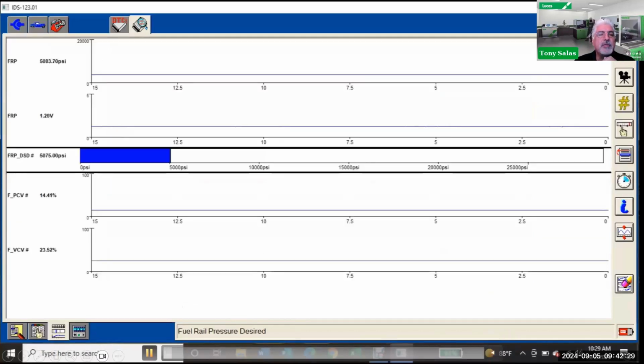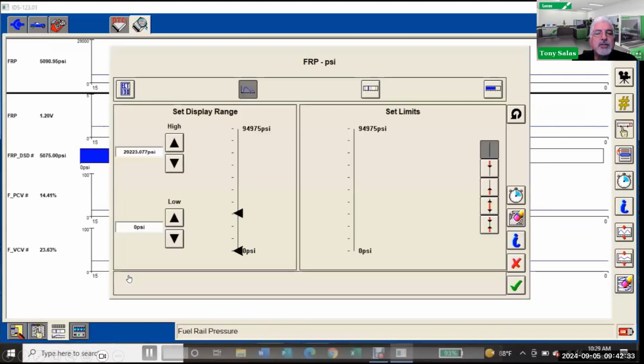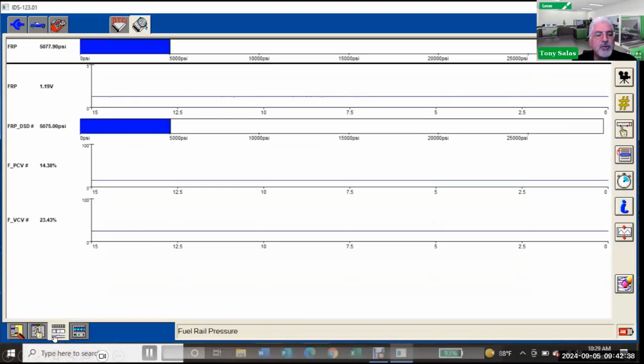Now, here on my old IDS reading, I believe I was working on a 6.4 here. And in this case, what I'm doing is I'm setting up the bar chart. So depending on what scan tool you have, you can actually set up bar charts right there. You see the blue bars right there. Now, even the top done scan tool that I got and other scan tools, like even the gel test that I was also using, actually have the ability to give up graphs. You can put up graphs to analyze it. Now, presentation of how you're looking at it helps you in your diagnostics,